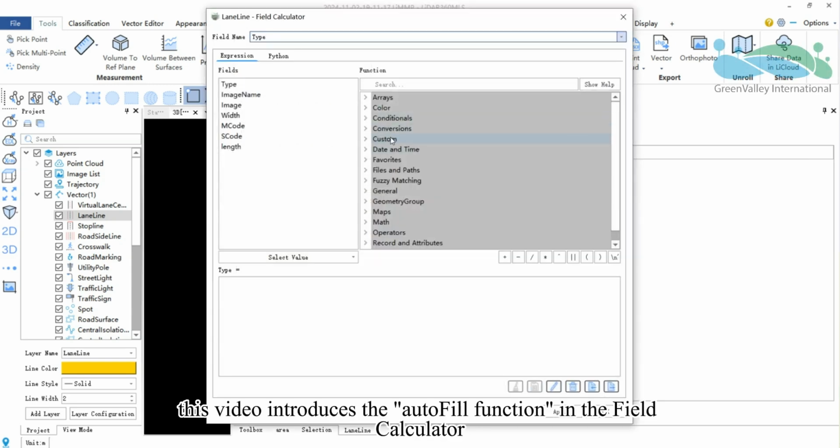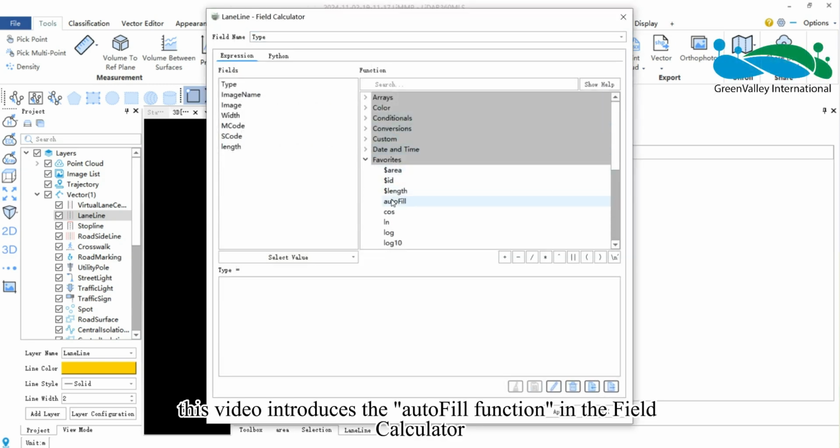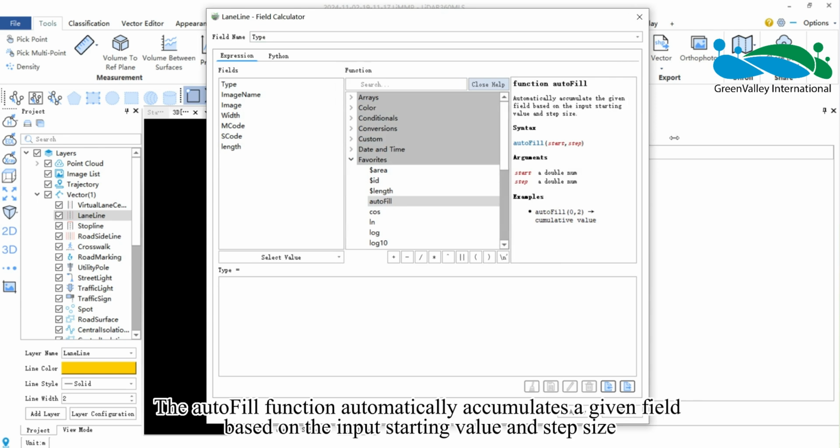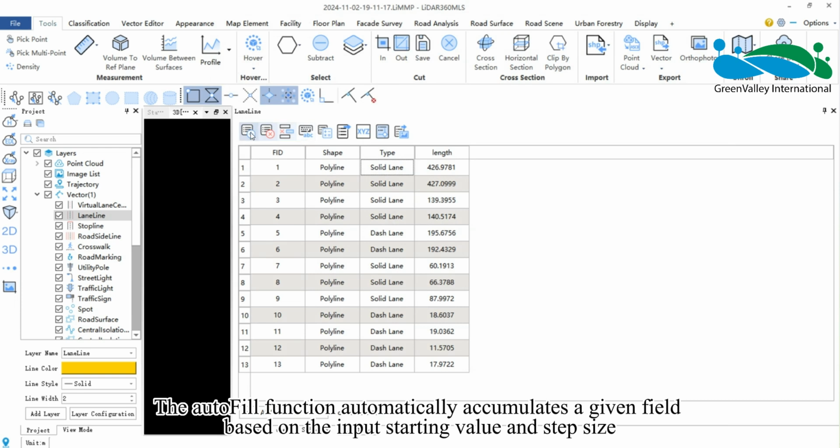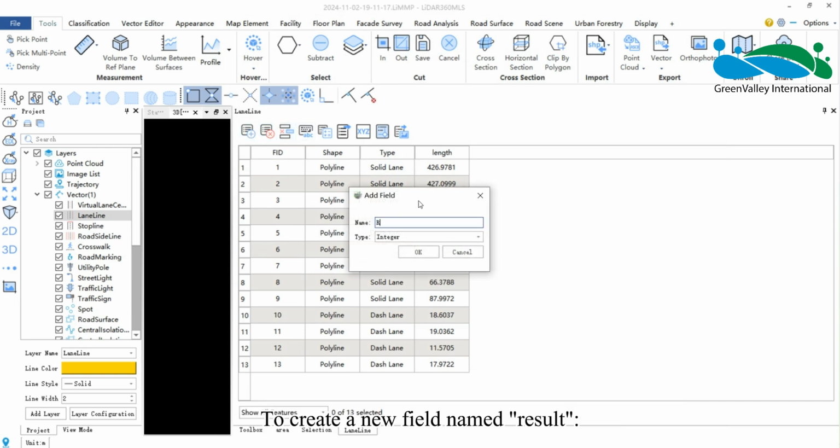Hello everyone, this video introduces the autofill function in the field calculator. The autofill function automatically accumulates a given field based on the input starting value and step size. To create a new field named result,